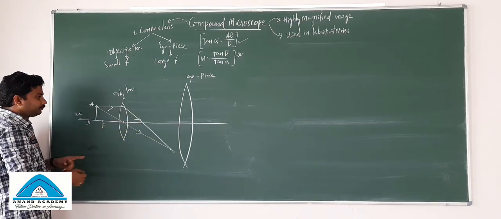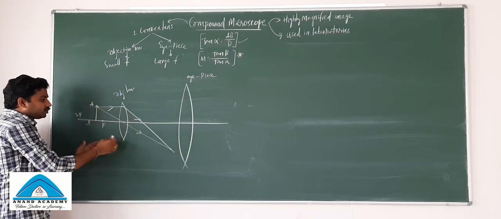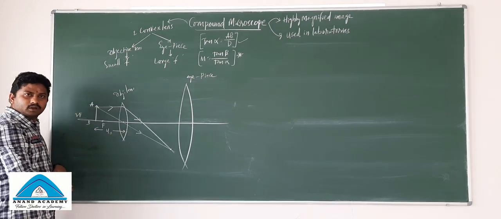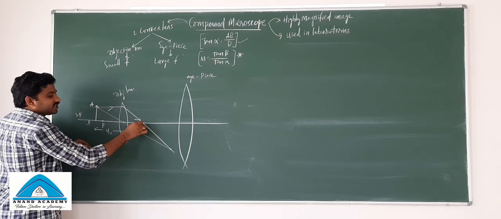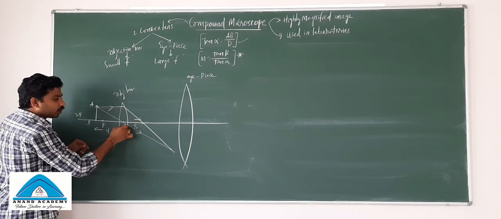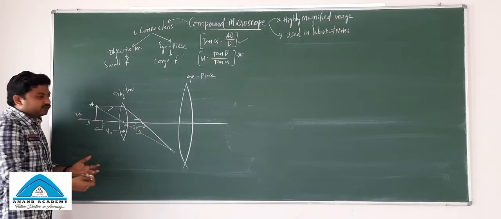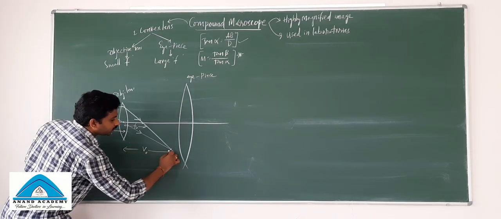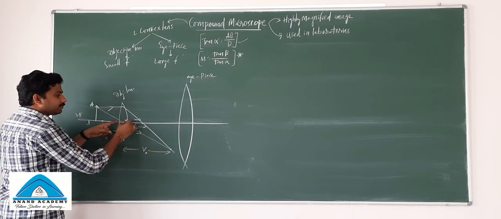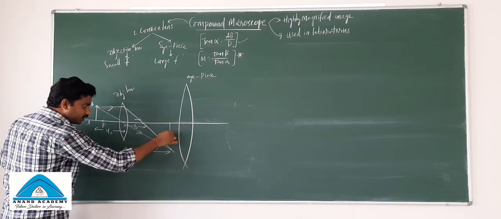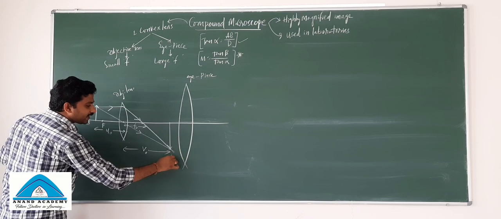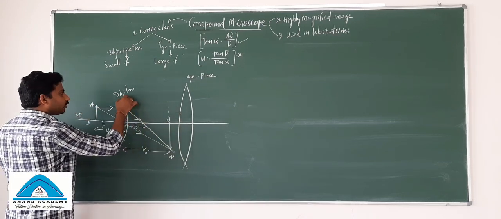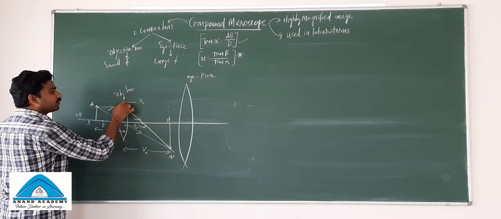Carefully you see. So, for the objective lens, the object is kept like this. This is U0. Its focal length is F0. Where is the image formed? The image is formed at V0 here. And the same I am writing here. So this is V. A dash and B dash. So the image is formed from here. It is V0.